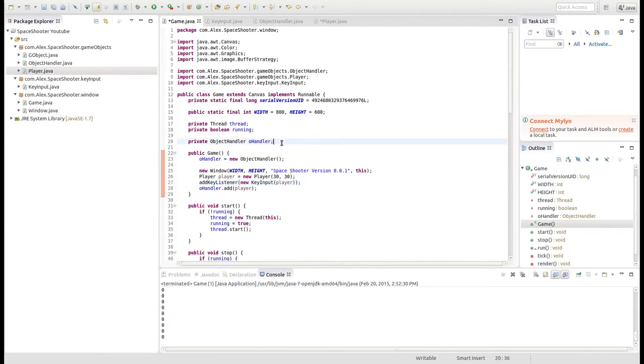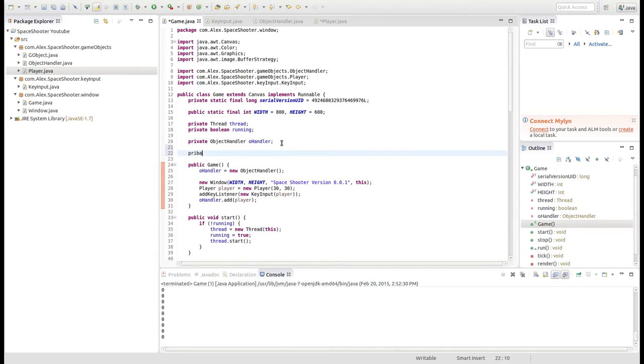So make a private key input. We need a state object, key input, and